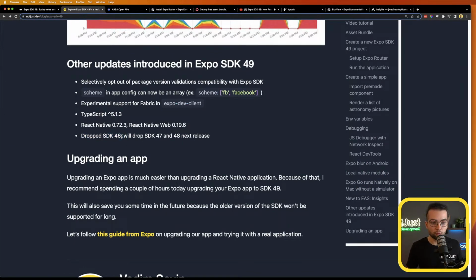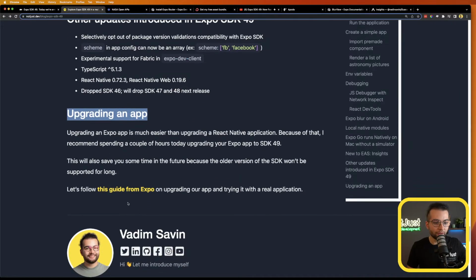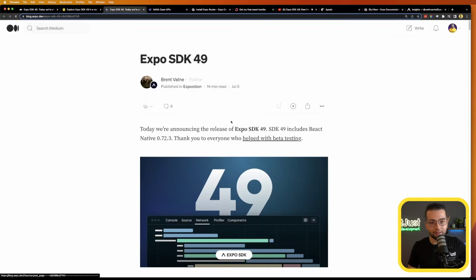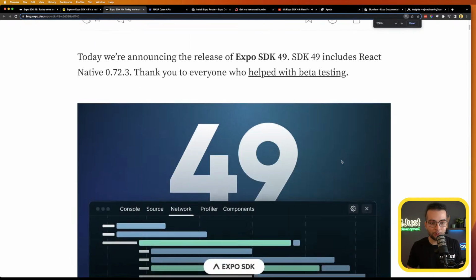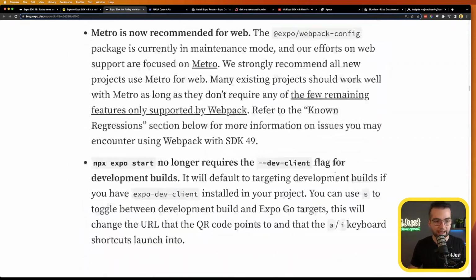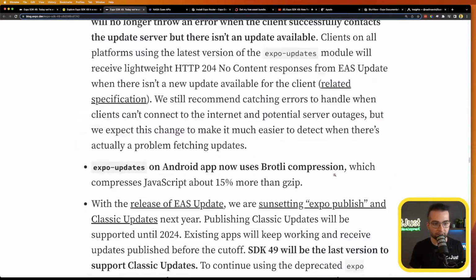And one more thing is that Expo dropped the support for SDK 46 in order for people to start upgrading and for them to have fewer versions of SDKs to support. And in the next release, they will drop even 47 and 48. So it's a good time right now to go ahead and upgrade your application. And to do that with Expo is pretty easy because in React Native, it's very hard to upgrade your libraries. With Expo Go, it's super simple. And here, if you scroll down to the upgrade guide,